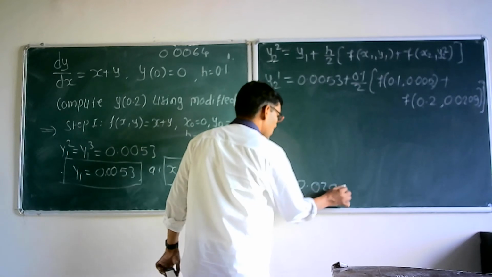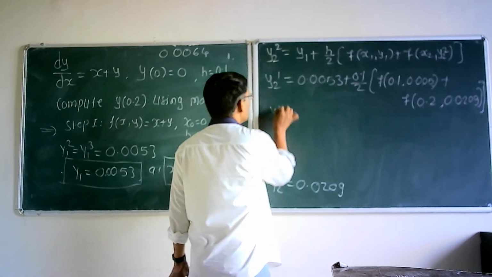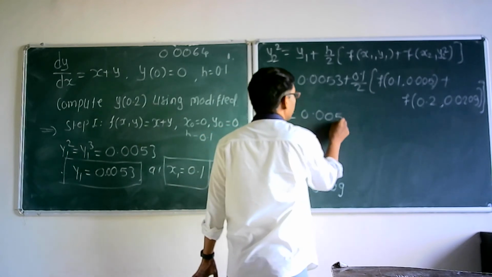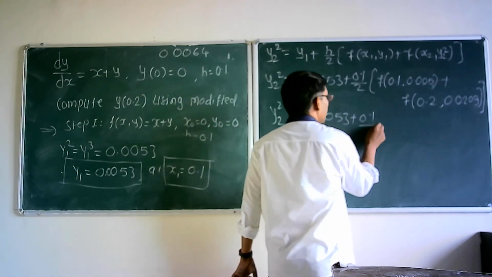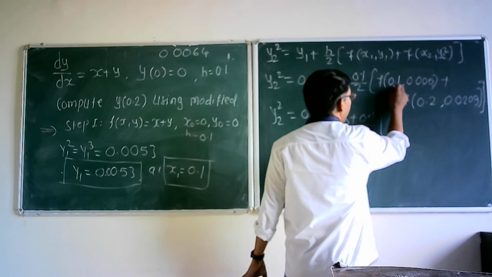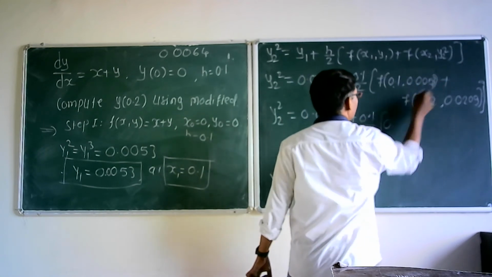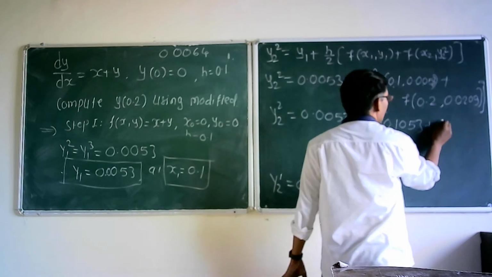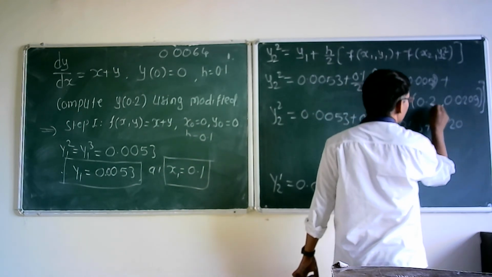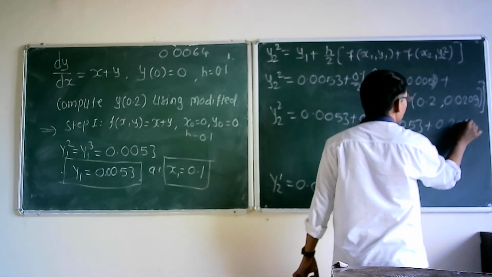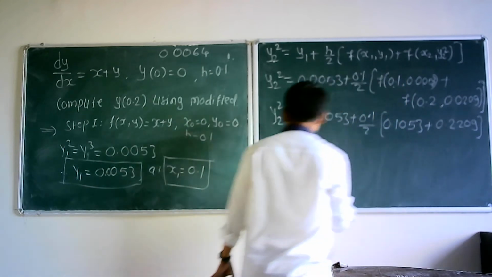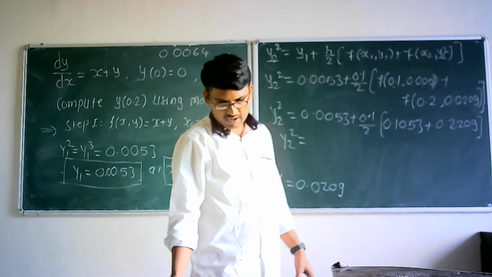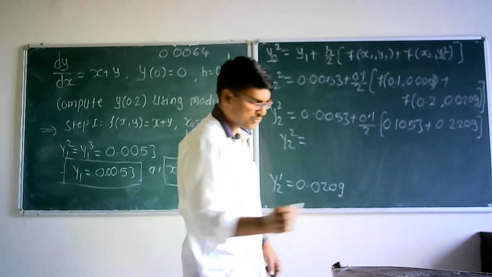Now what is y22? y22 is equal to 0.0053 plus 0.1 divided by 2, and here if we add these two terms, 0.1053, plus 0.2209, and if you add this using a calculator,